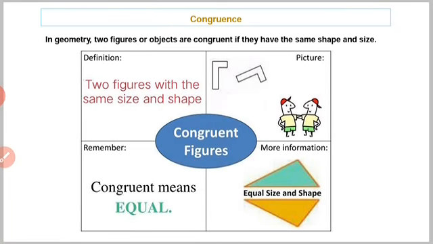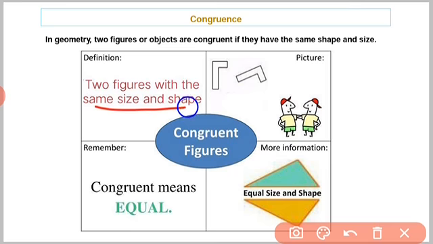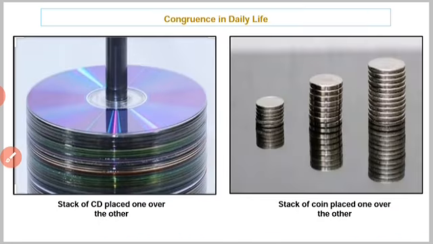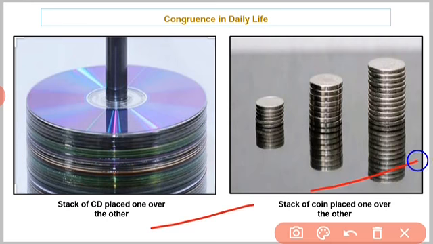So before we start the chapter, let us understand what is congruence. In geometry, two figures or objects are congruent if they have the same shape and size. Congruent means equal size and shape. Congruence in daily life. Here are a few examples of congruence from daily life,